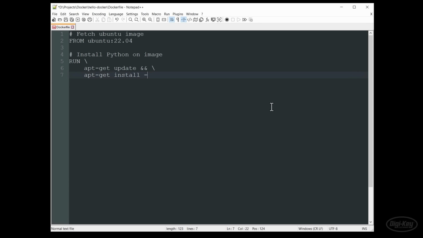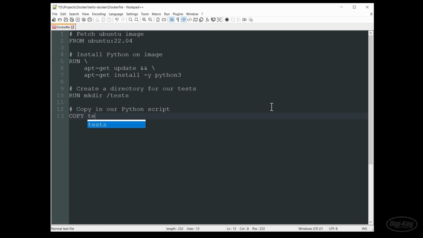From there, we're going to install Python 3 just like we would on Ubuntu. Then we're going to create a directory to hold our test files. In this case, it's just going to be /root/tests. Next, we're going to copy in our Python script, which we haven't written yet. We'll call it test.py, and this COPY command copies test.py from our local directory, in this case, relative to wherever this Dockerfile is, into the image. In this case, it will be